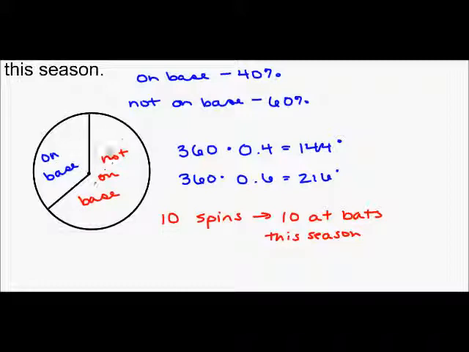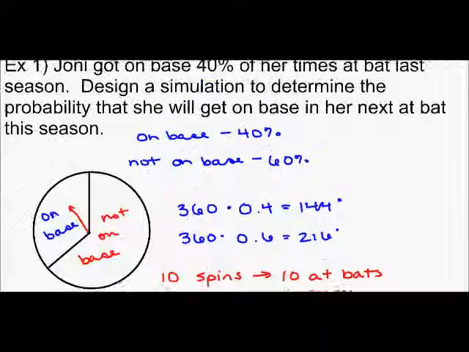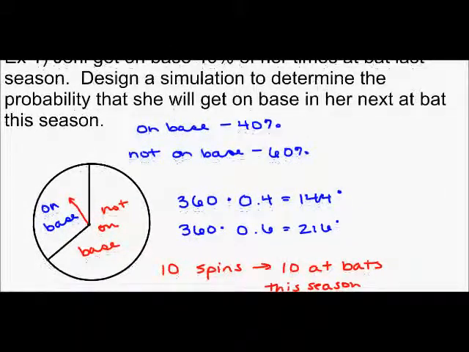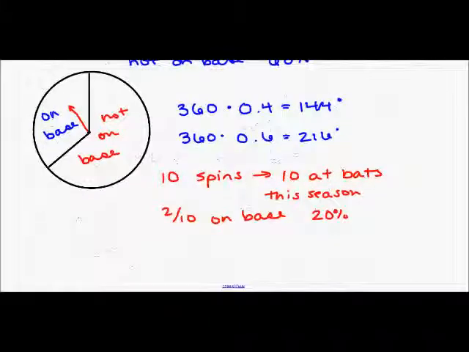And I would record how many spins land with the arrow pointing onto the on-base section and how many go into the not on-base section. And let's say we had 2 out of 10 on base after my 10 spins. Well, then I know that there is a 20% chance that she will get on base her first at bat this season. But like I just said, 10 spins is kind of low,